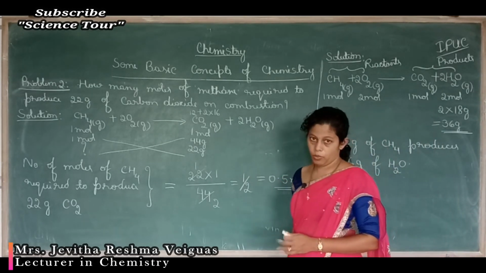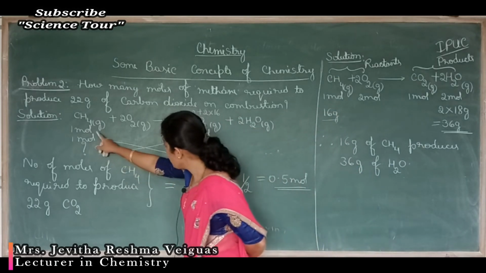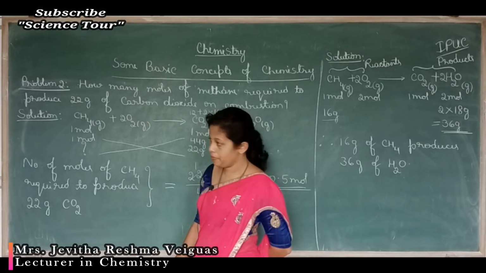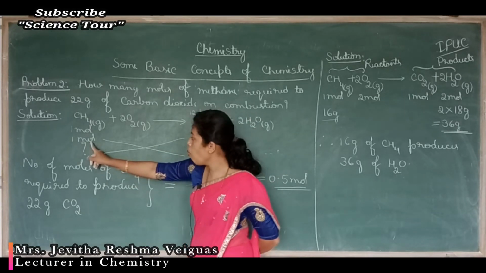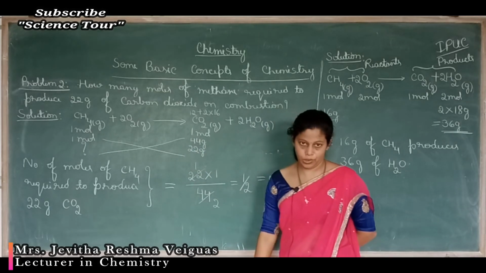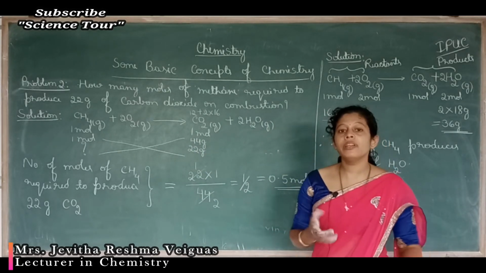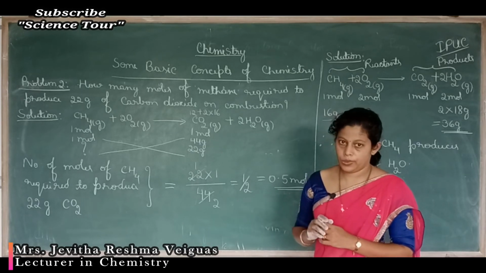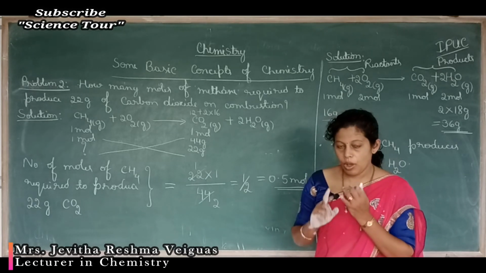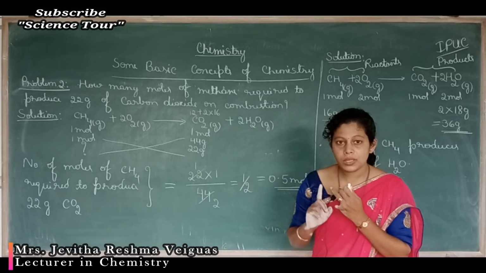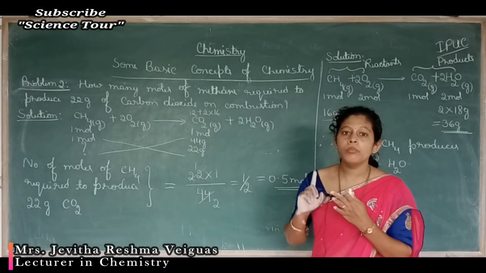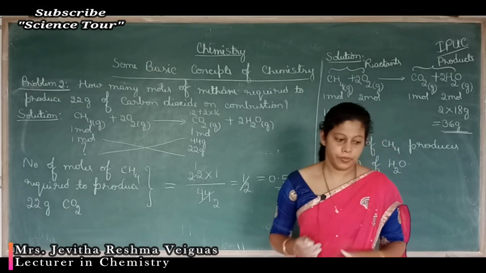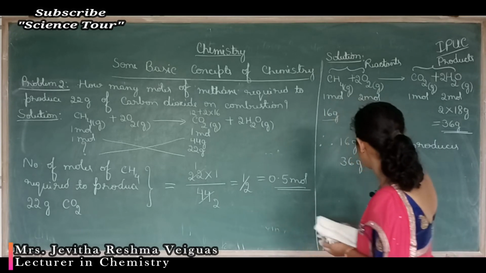Look at this problem. What did we do? First we related moles and moles, moles of reactants with moles of product. Then we related moles of reactant with mass of reactants. Students, we can even relate moles with the volumes. This relation of moles to mass, moles to volume, moles to molecules is stoichiometric calculation. So let's take few examples for it.